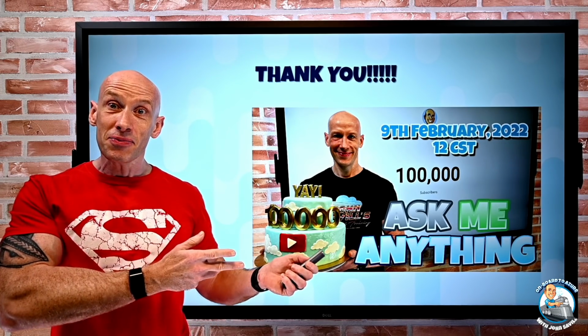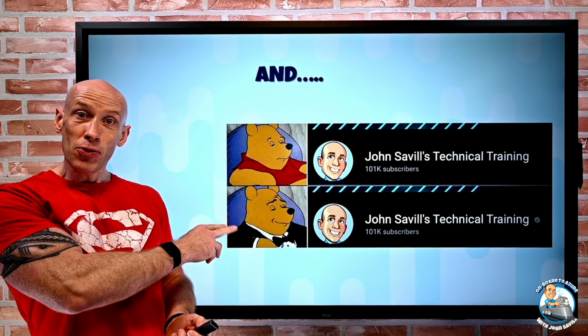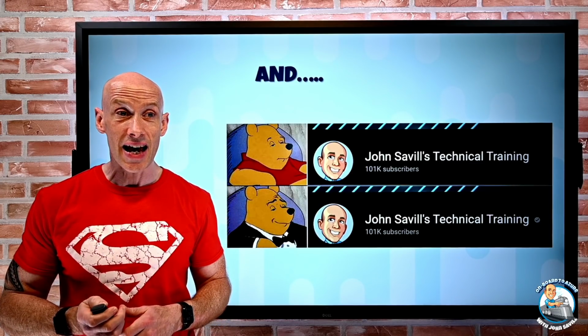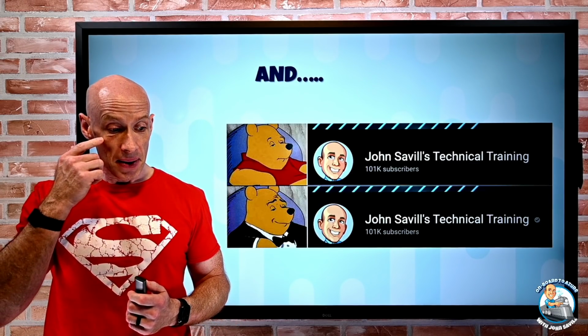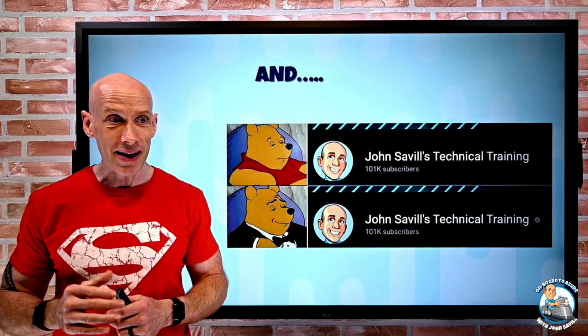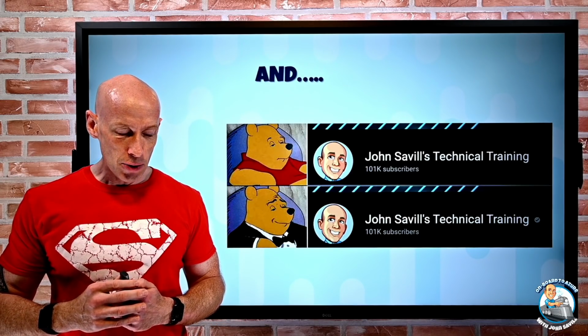And because we hit 100,000, now I can be fancy Pooh Bear as a verified channel. We get a tiny checkbox at the end, which means nothing, but I have the tiny checkbox. I don't have the notification I can order my play button yet, but hopefully that goes through a manual check. I should get that soon.